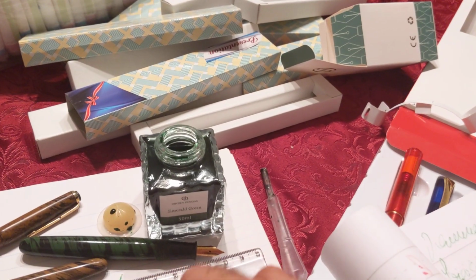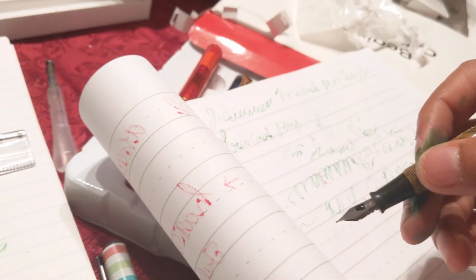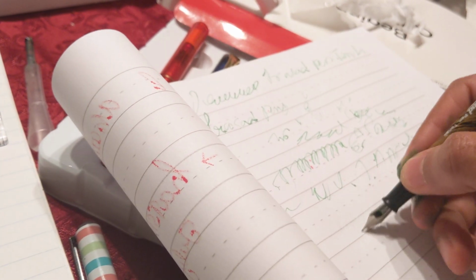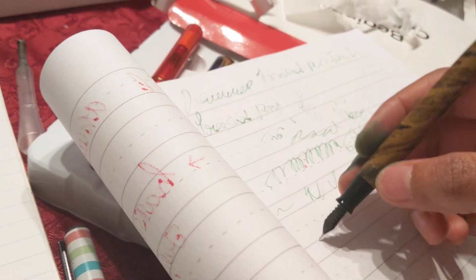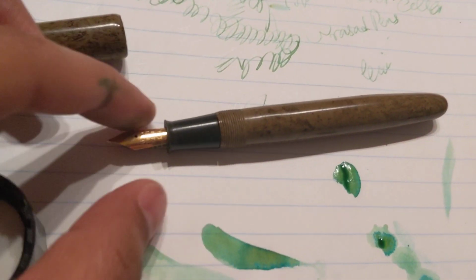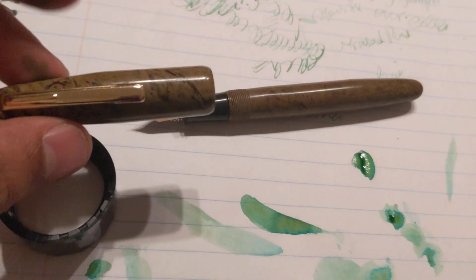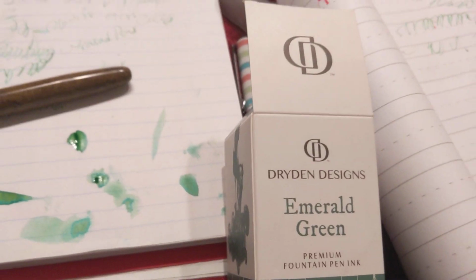Alright, let's hop on to the next pen. This pen, as you can see, is bleeding some ink, but I'm not able to let it flow to the tip. So I will call this pen a failure. Maybe I'm not doing it right. So we'll move on to the next pen. The next pen that I'm going to write with is this guy here. I don't know the brand name, but he's the most expensive. And the ink that I'm using today is